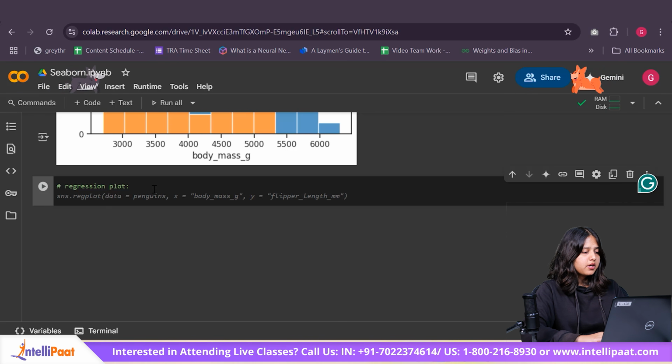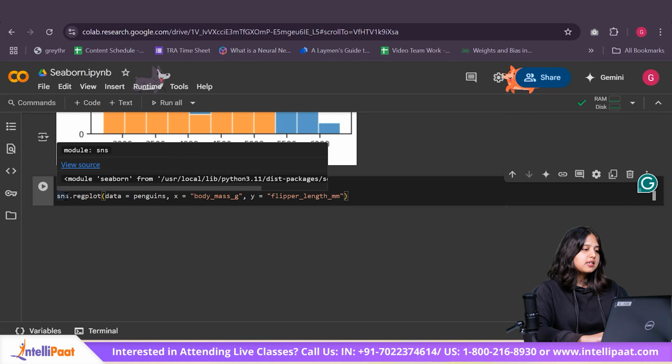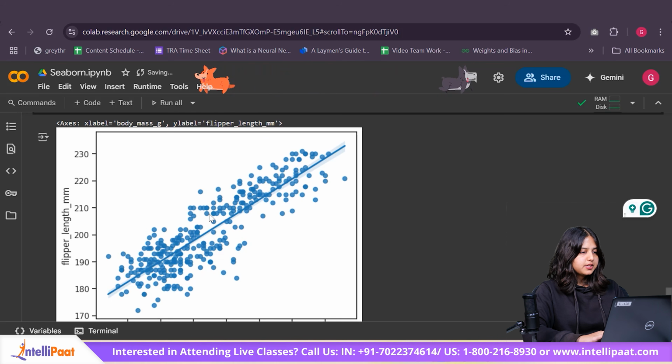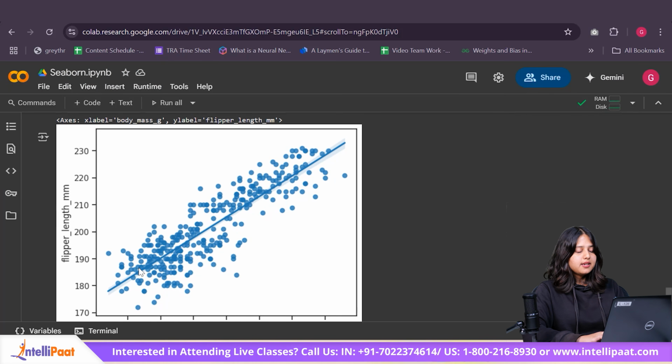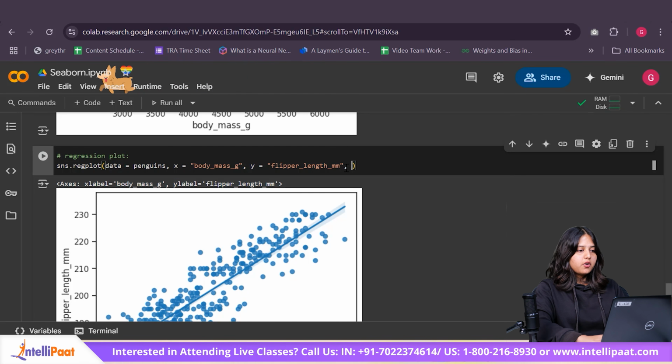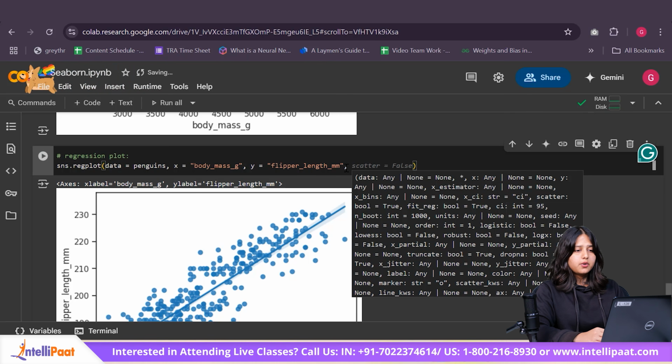So in order to plot a regression plot, all you have to do is say sns.regplot and pass your data, and then pass your x variable and y variable and print it. As you can see, this is your trend line passing through your data points. If you've studied linear regression, this plot becomes much easier to understand and read. We've talked about the palettes and how to style your plots. You can go ahead and experiment with that.